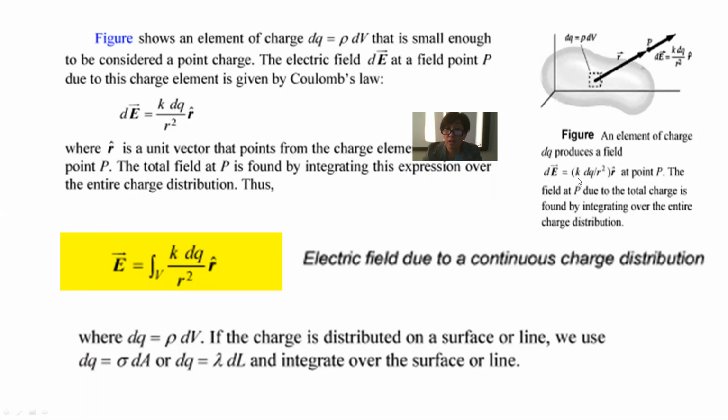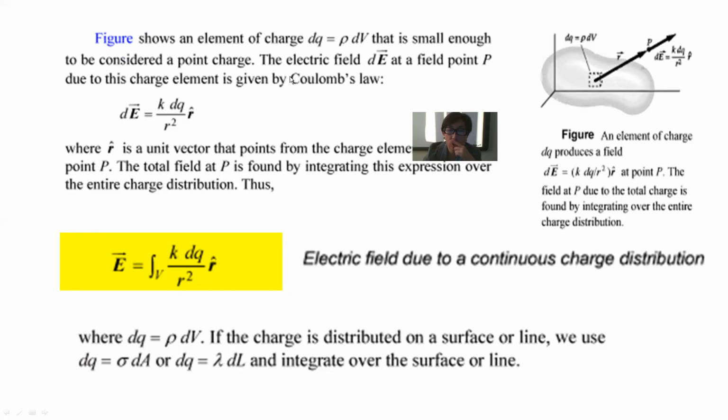And the field here, this is the formula: dE equals k dq divided by r squared, the field at a point P. Here this is positively charged, and here is P. The field at P due to the total charge is found by integrating over the entire charge distribution. The electric field at a point P due to this charge is given by Coulomb's law,